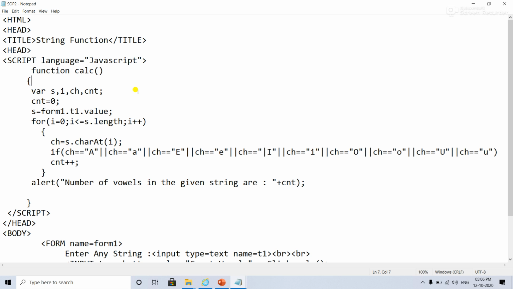So for that particular counter, this CNT variable, see I have taken a number of variables. I will tell you each variable's work, what it is. Okay, so first var is what? S. Now this S variable, why I have taken this variable? This S variable will be storing the actual string, whatever the whole string we got from the text box. So here you can see